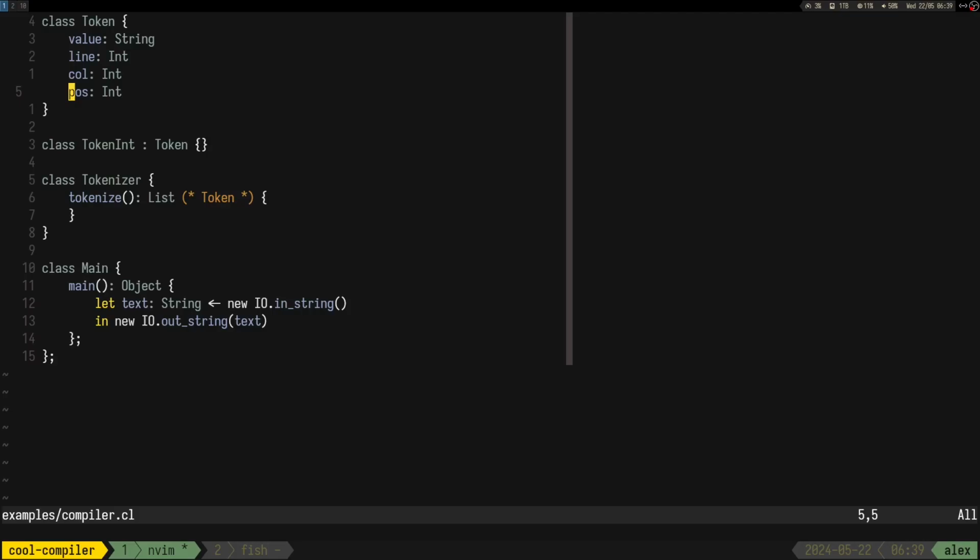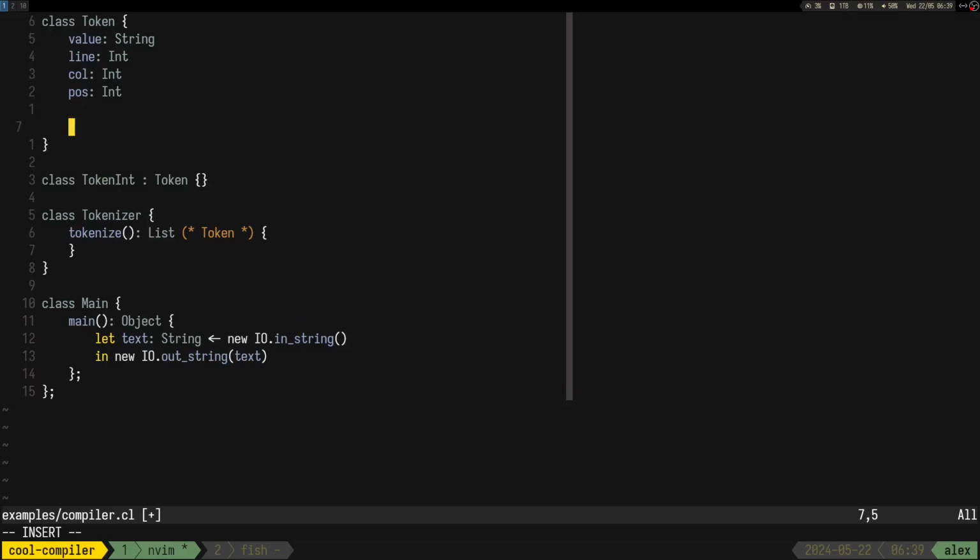So, would they require a constructor in this one? Like init, I was just thinking, should we pass in value, right? So we pass in the value, but should we pass in position and just that, or should we also pass in the line and the column? I was thinking to compute the line and the column from position, but that would mean we need the text here. Don't think I want that.